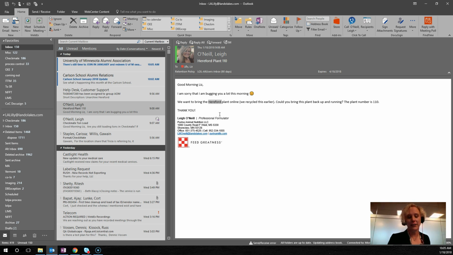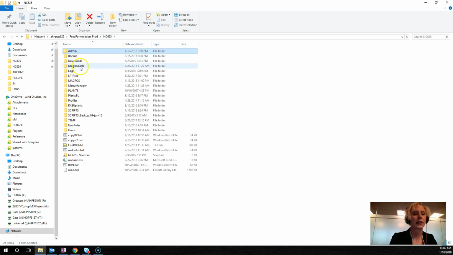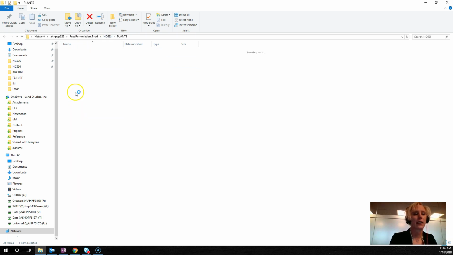it. Now, it doesn't really get archived in any real way as far as changing the data structure or zipping it or anything like that. Really, it's just a matter of taking it out of the menu structure. So now if we go to NC 625, where all of our checkmate data is located, and we go into plants, we should be able to